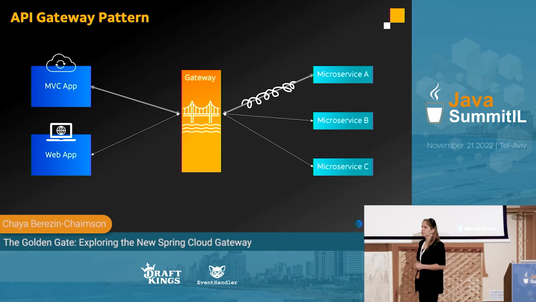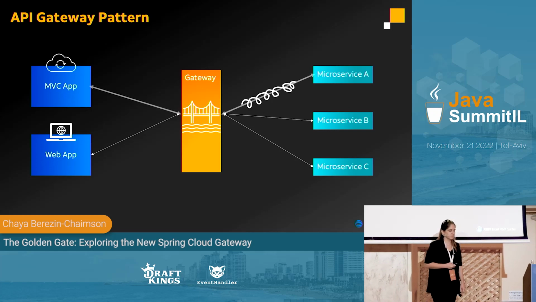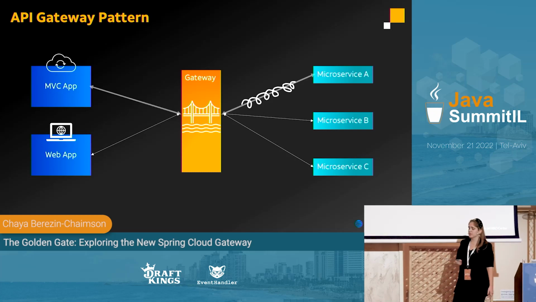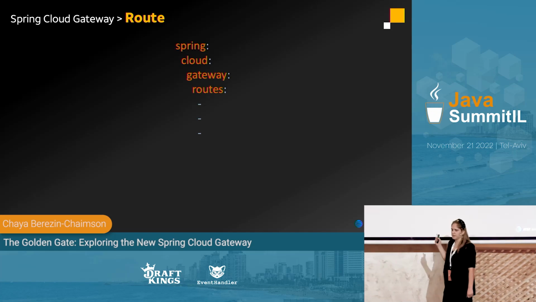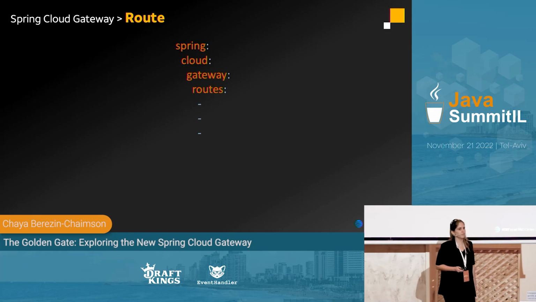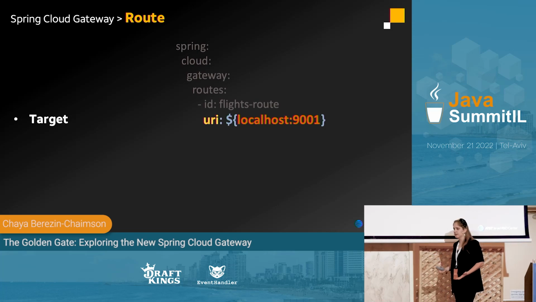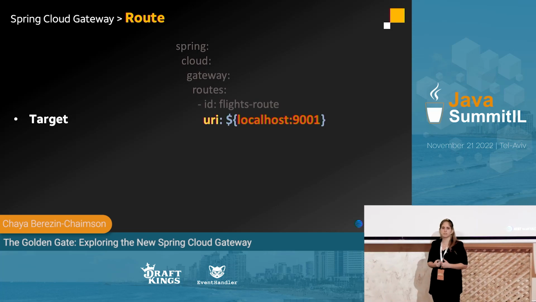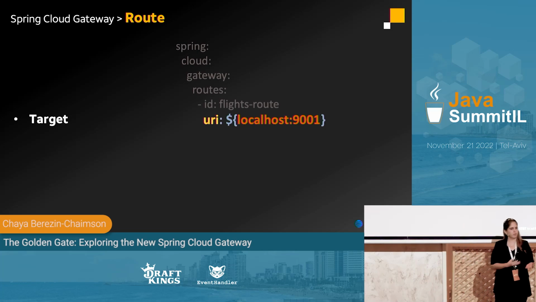Routing can be configured in Spring Cloud Gateway both programmatically and declaratively, and I will show here how to configure the routes in the application YAML, as I always prefer to keep the routing decisions in the configuration phase. So in application YAML, spring.cloud.gateway.routes, here we define the list of routes. A route consists of 3 elements. The first one is the target. The target is the destination URI that the gateway will route the request to. So it's done with a URI argument, and here I define the request to be routed to some local microservice